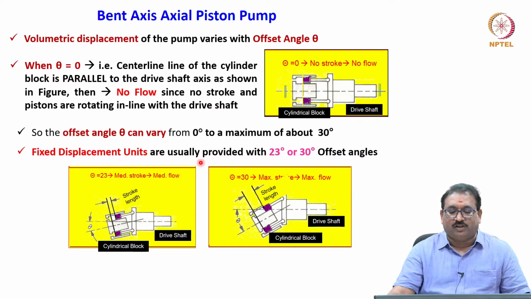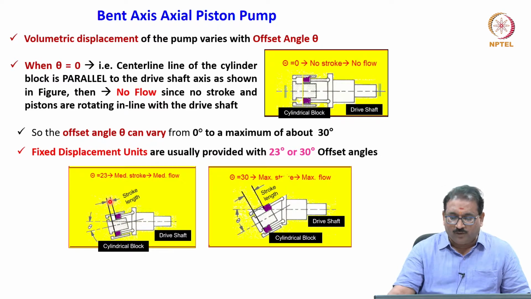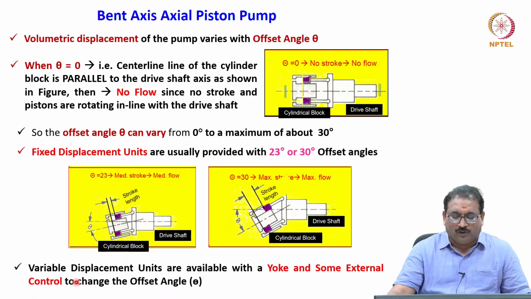Fixed displacement units are usually provided with 23 degree offset angle and 30 degree offset angles commercially. You will see 23 degree offset angle, which will give you a certain flow. When theta is more, you will get the maximum flow. Also, you will remember friends, these are the fixed displacement category. As I have told you, it can vary from 0 to 30. You can vary it. That is what you will do, you have to make the arrangement to adjust the offset